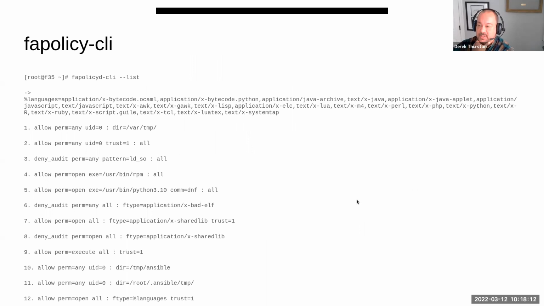So fapolicyd, I have a typo there. fapolicyd-cli. This is the command line interface into the daemon. And if you do a --list, it'll list all the rules that you're gonna descend through when you're trying to run a program